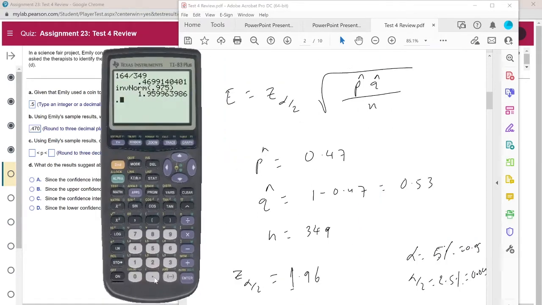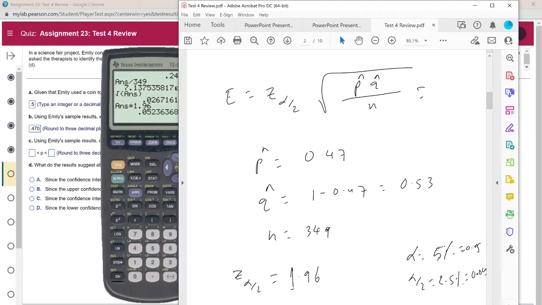First of all, multiply 0.47, this p hat, times q hat, which is 0.53, and divide by n, which is 349, and then take the square root of that. Second, take the square root answer, which is this one, and multiply it by the z-score, which is 1.96, and that is our margin of error. If you round it to 3 decimal places,